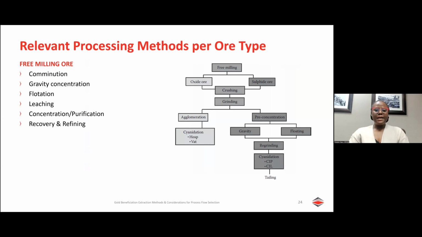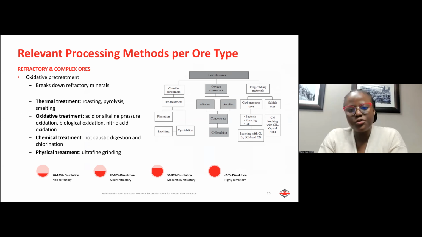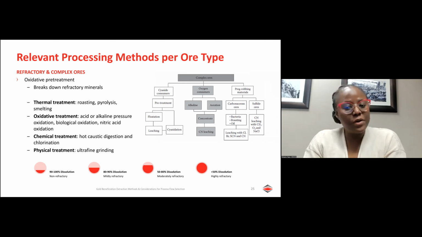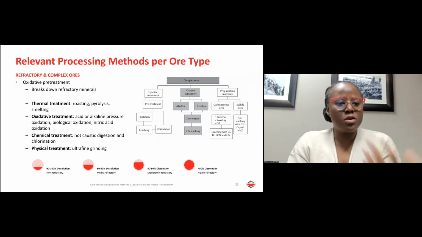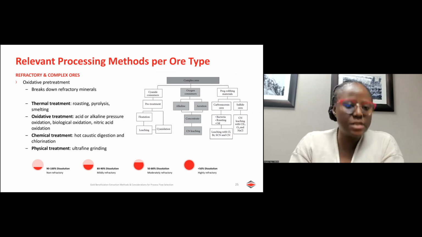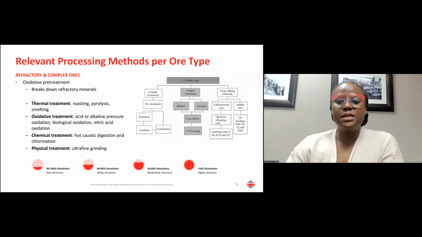Okay, then for complex and refractory ores, they require some form of oxidative pretreatment because they cannot be directly treated by cyanidation like free milling ores can. So the typical methods that are used are your thermal treatment, oxidative treatment, chemical treatment, and physical treatment. So thermal treatment is done by roasting, pyrolysis, and by smelting. Then your oxidative